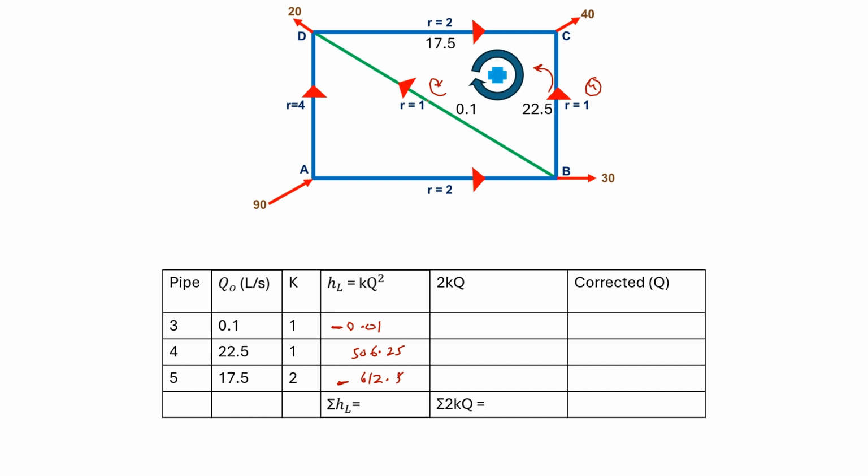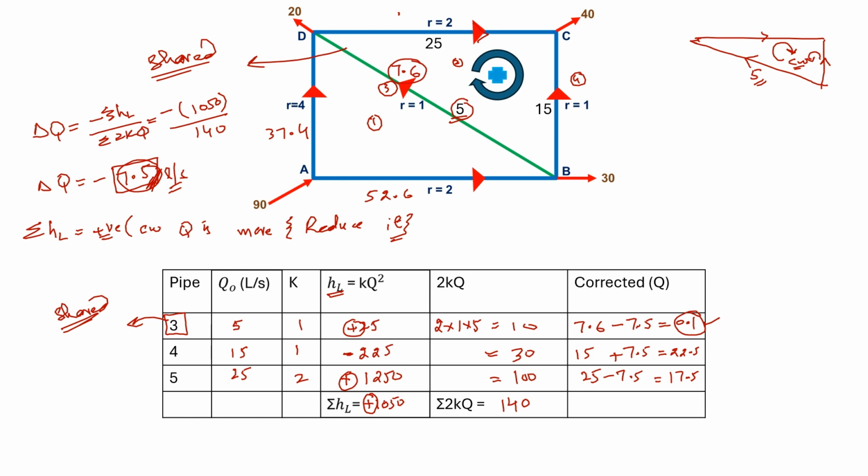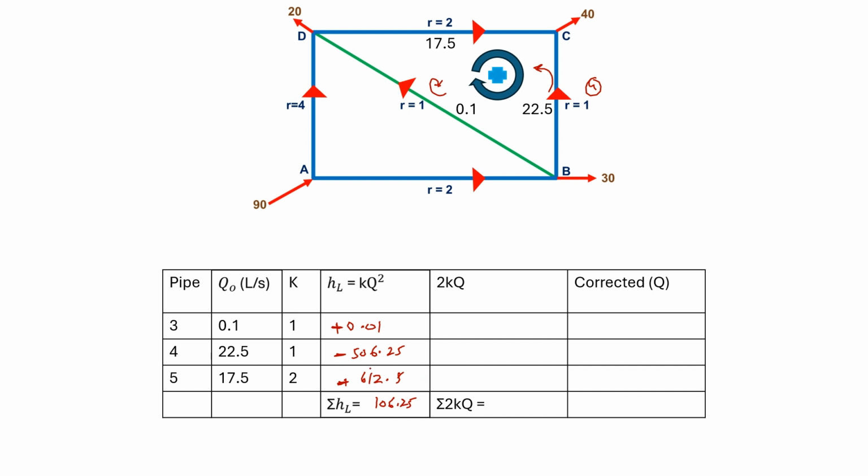And for, sorry, this is clockwise movement. This is positive, and the fifth pipe is also positive, and the fourth will be negative. So taking the summation of these values, it will be 106.25. In the last case, during trial 1, we got it as 1050. It means delta HL is now reduced for the second loop as well, from 1050 to 106, but it is a positive value. Now it means that the summation of HL is not equal to 0 or not near to 0,